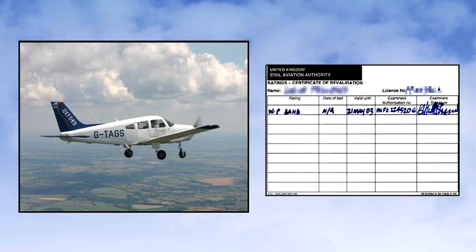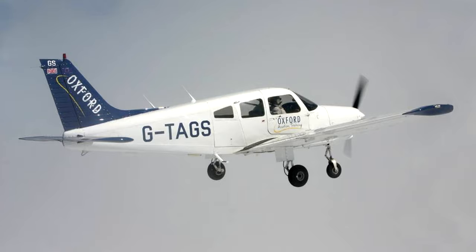Although a class rating, in general, qualifies a pilot to fly any aeroplane within that class, differences training may be required in order that he may pilot a variant of aircraft within the class, but which has markedly different flying characteristics and technical and performance specifications. For the single-engine piston land class rating, the class rating held by the majority of PPL holders, differences training with an appropriate instructor is required when changing from the simple, light, fixed, tricycle undercarriage, fixed-pitch propeller aeroplane, shown on screen here, to aeroplanes displaying the following features: